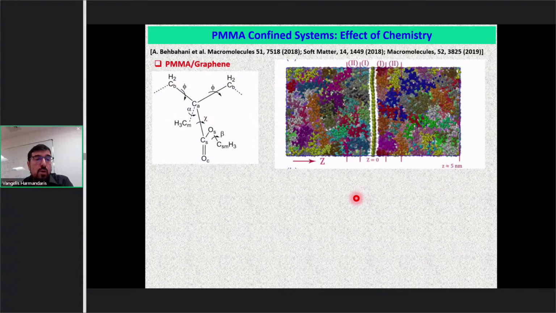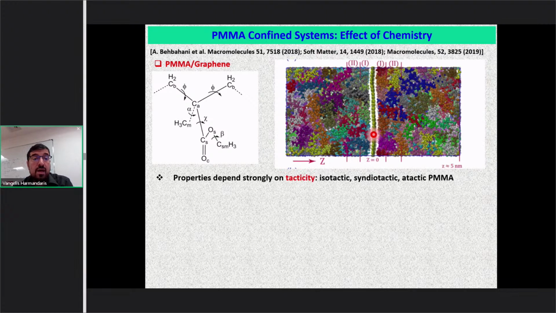Okay, and now why are we doing all this? Of course, as we said, our goal is to solve problems and to predict properties. In the next few slides are just a few typical examples from our recent work. For example, here we have one polymer, polymethyl methacrylate, which again is confined between graphene. So this is a model of polymer graphene nanocomposites, nanostructured materials. This is the chemical nature of the polymer, and the question is how the chemistry is coupled with the interaction with the graphene. That was the main